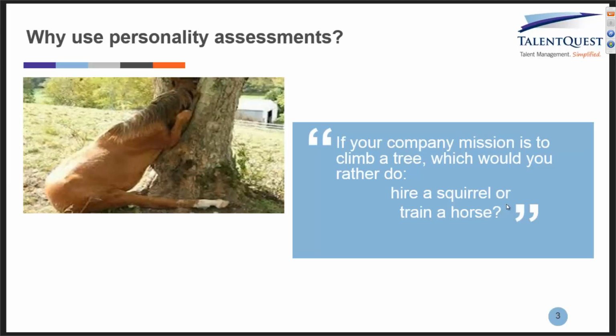So why use personality assessments? I'm sure that most of you who have joined this webinar today are familiar with our TalentQuest personality assessment and have used them quite a bit. Because of that, I won't spend too much time giving an overview on the personality assessments themselves, but if by any chance you are unfamiliar, our TalentQuest assessment